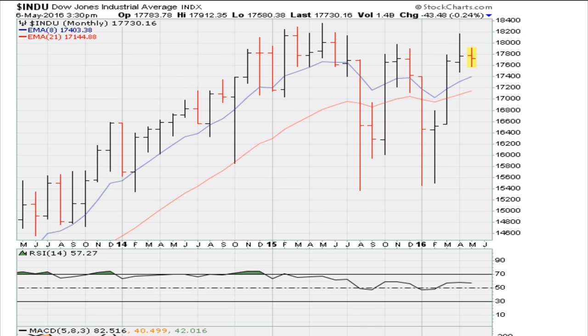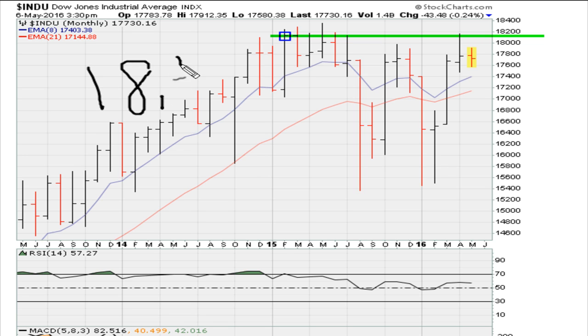For the Dow, on the monthly, market bulls want to see the Dow take out its all-time monthly closing high, and the level to watch there is for the Dow to gather enough energy and break out above 18,132.70. Keep in mind that we've tried on many occasions to break out above that level, and we failed here during all these months. All these were breakout attempts that failed. So if the market is to stage a major move, it needs to break out above 18,132.70.